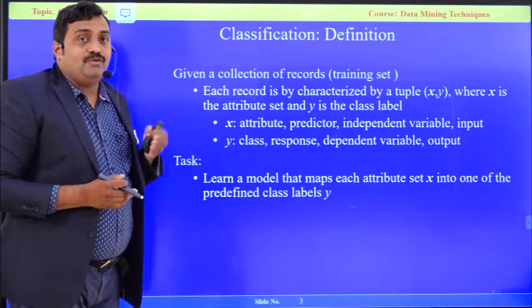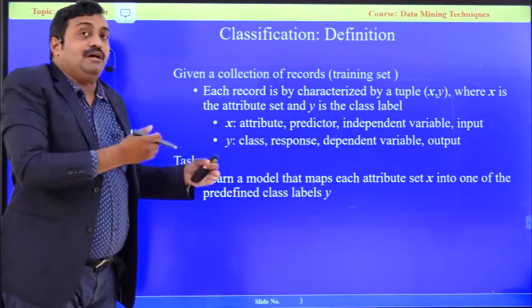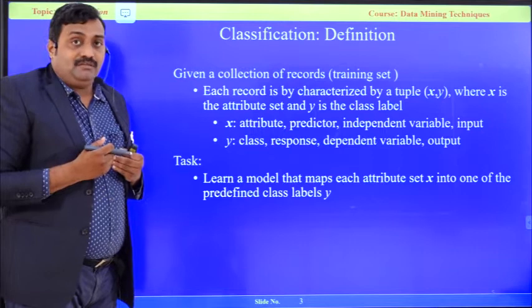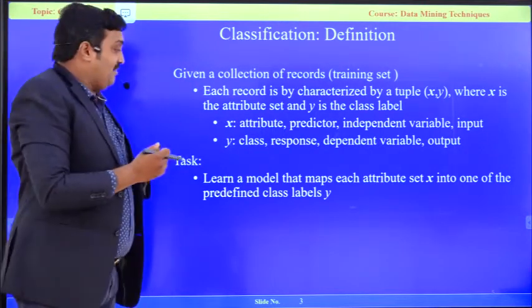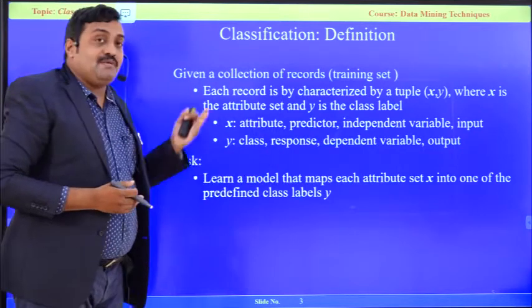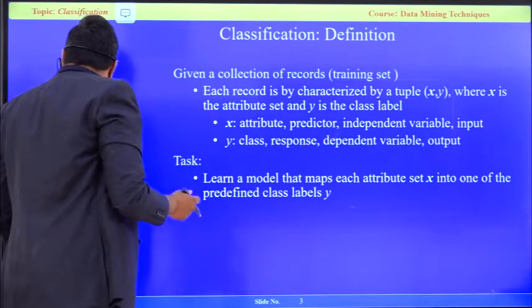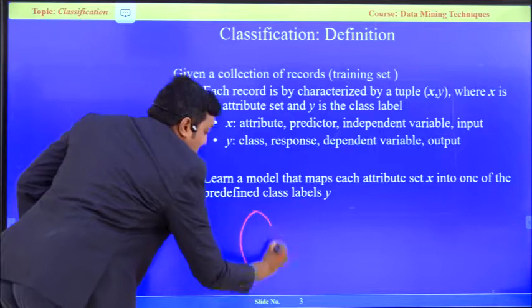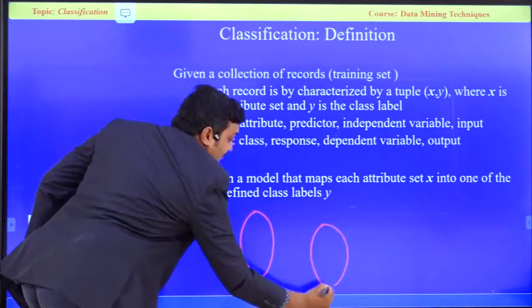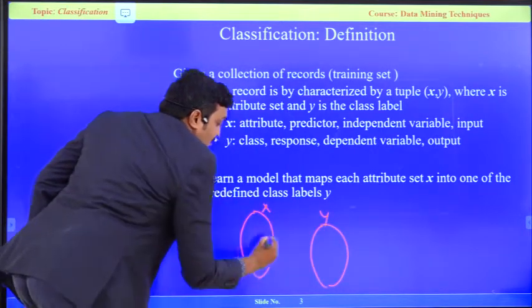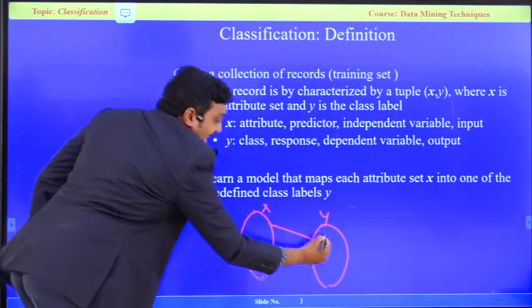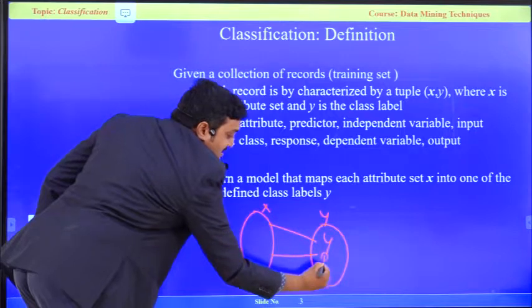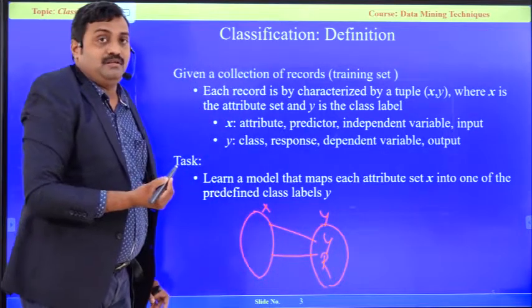For that, we are going to take all the previous historical information from the data warehouse, and we are going to design a model. Our aim is to design a model in such a way that, based on the values, we map X with Y, whether accept or reject, two labels, accept or reject. That is a simple